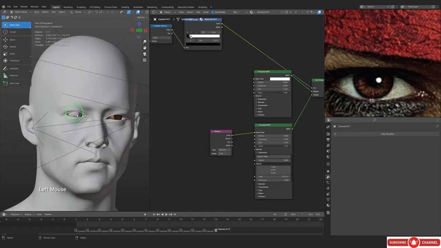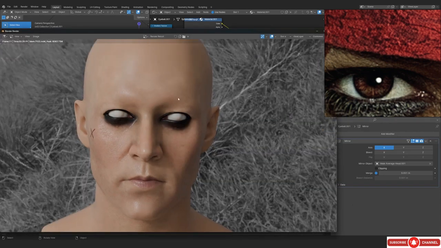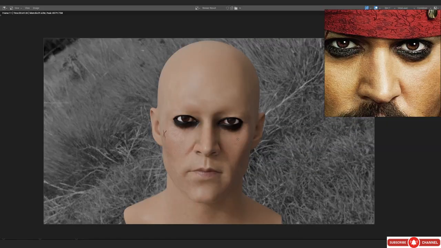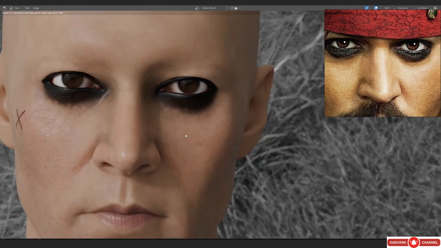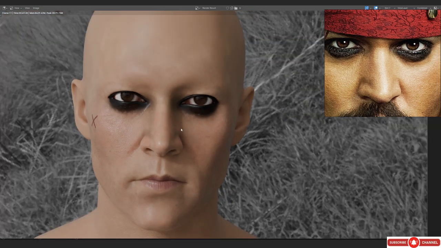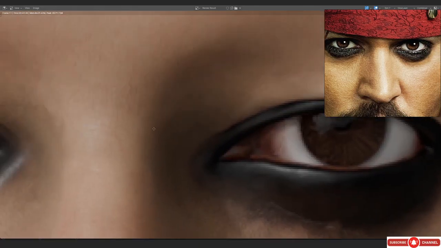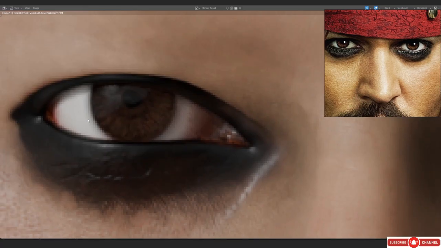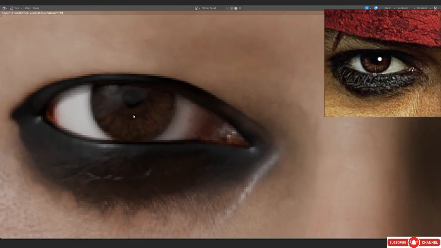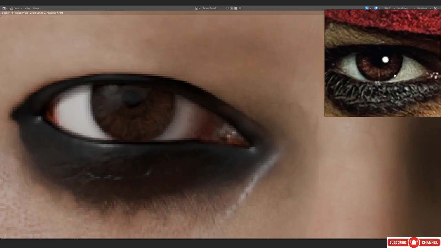So again, we're gonna be adding the mirror modifier, so that we don't have to paint him twice, basically. Alright, so after the mirror modifier has been added, this is the render, and how good the eyes are already looking, but you can see it is a little bit too white. This is like the only concern that I have, that it's looking way too bright. You can actually just compare him with the reference.